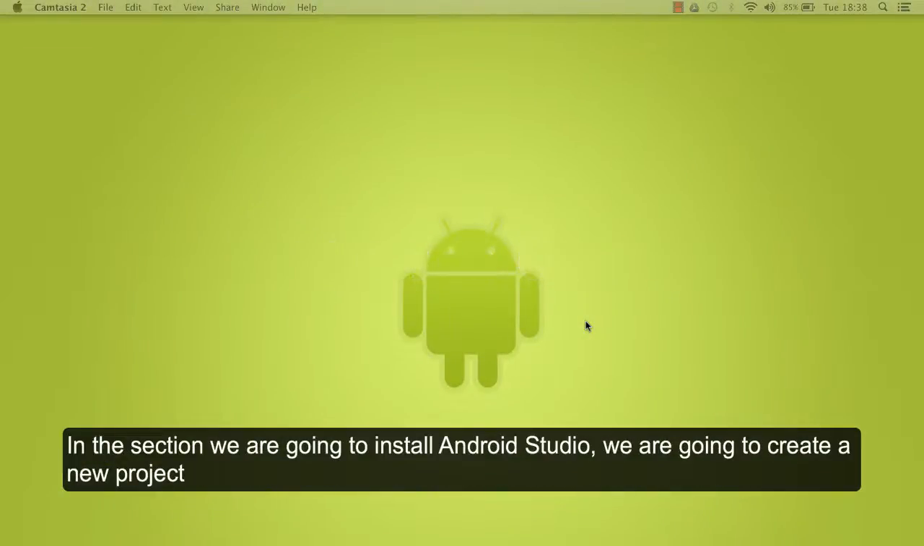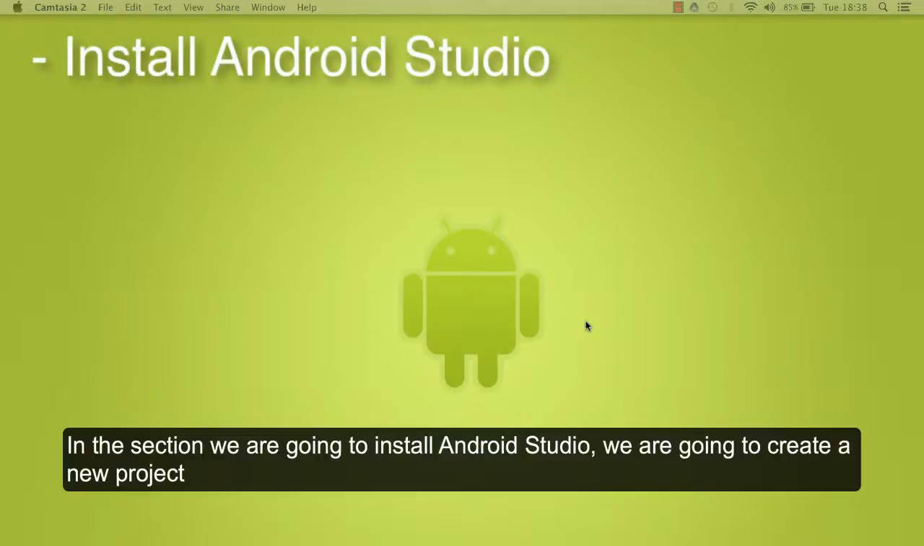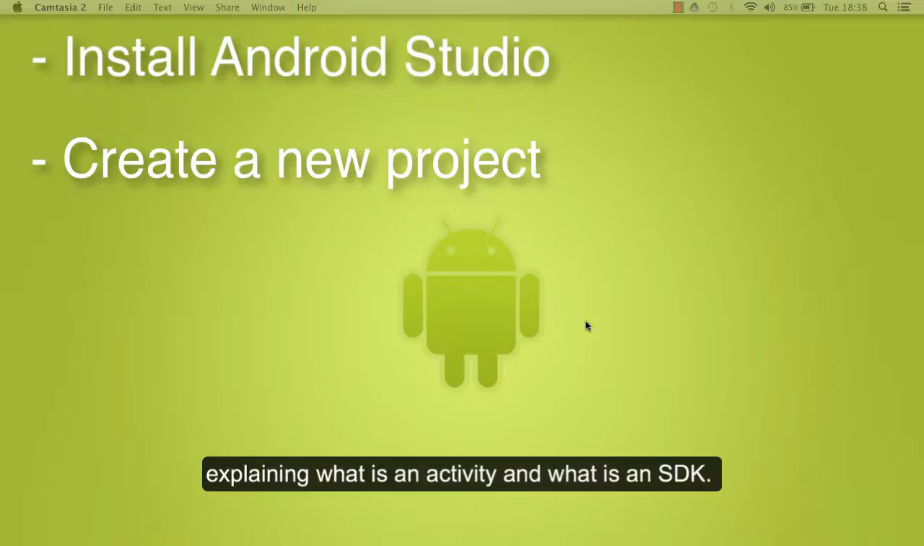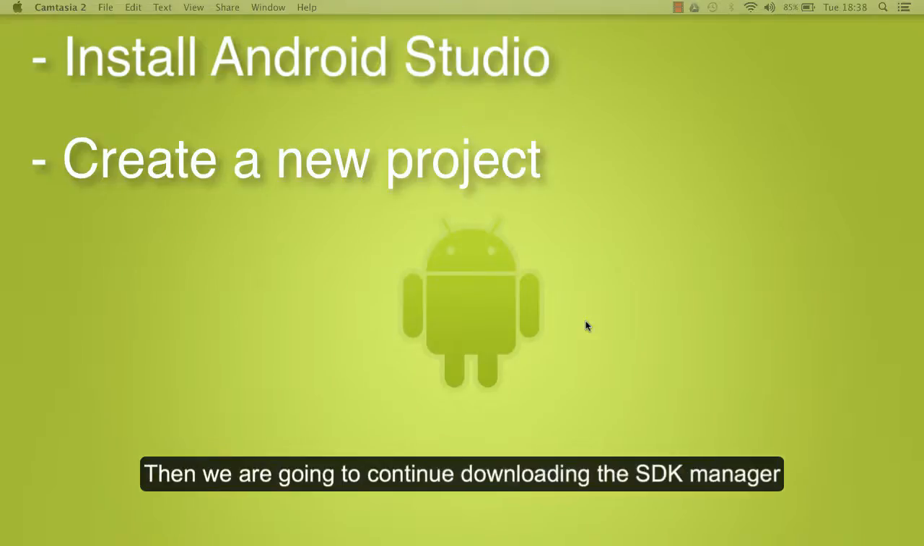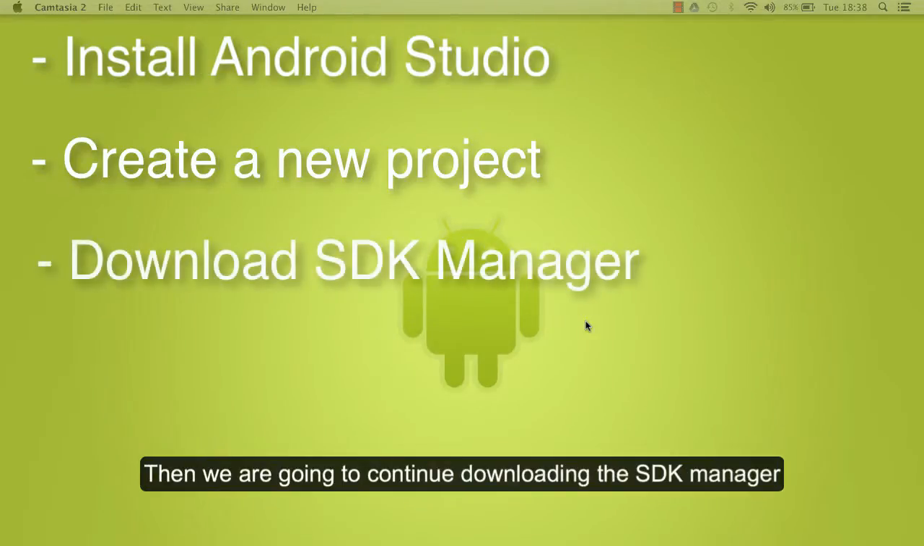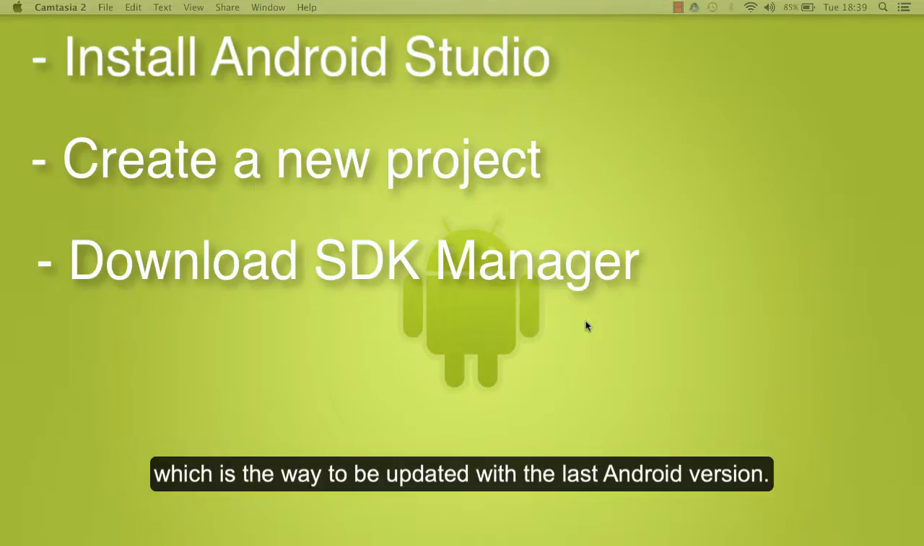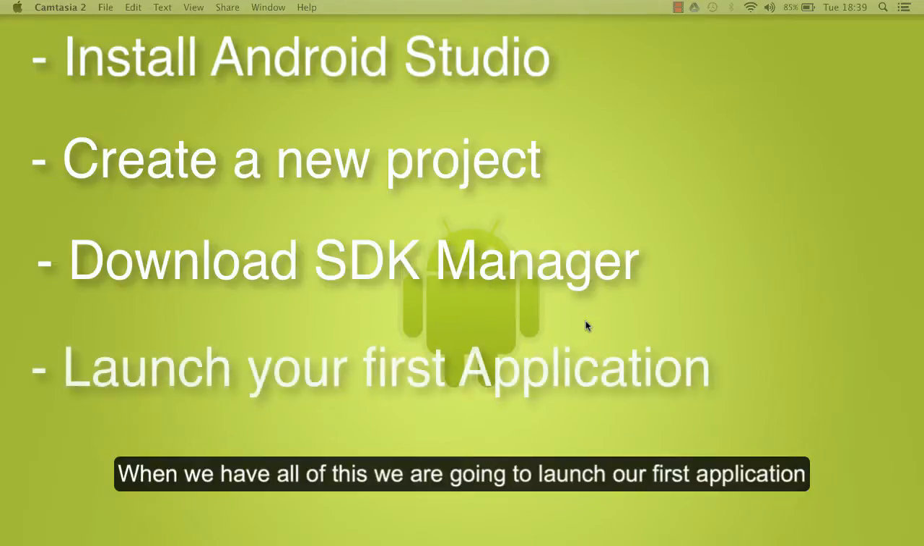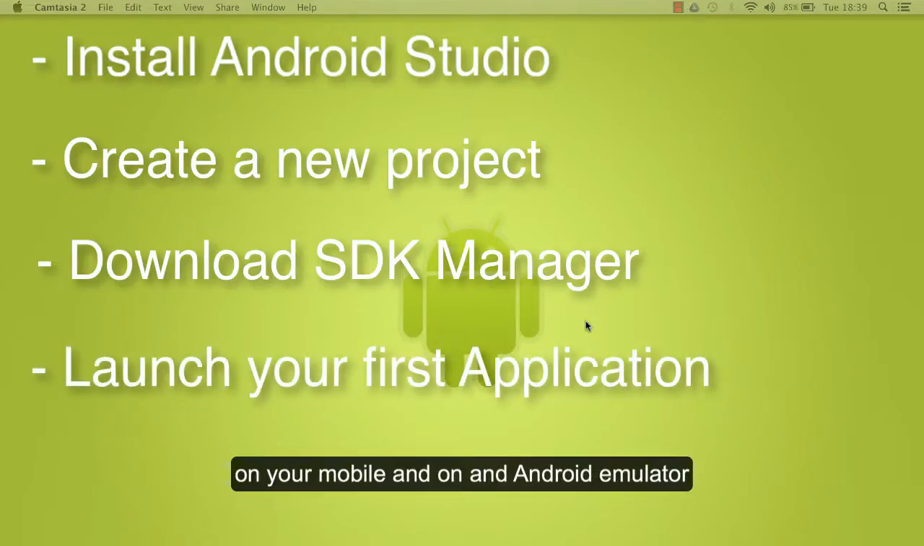In this section, we are going to install Android Studio. We are going to create a new project, explaining what an activity is and what an SDK is. Then we are going to continue by downloading the SDK Manager, which is the way to stay updated with the latest Android version. When we have all of this, we are going to launch our first application on your mobile and